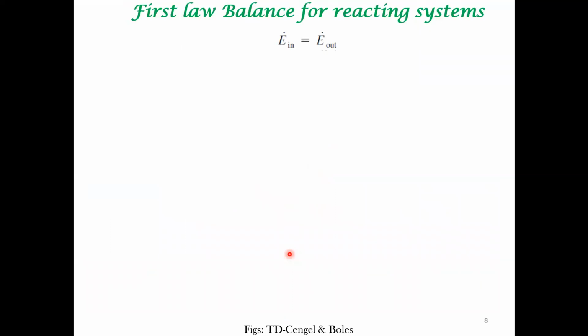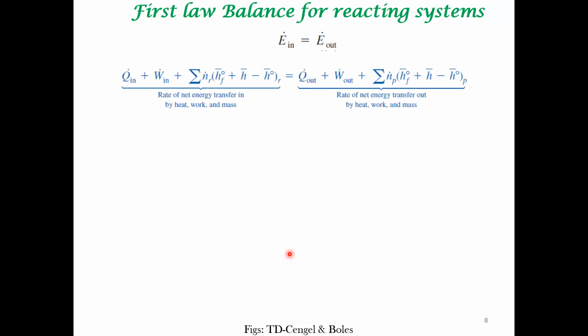The rest of the balances are fairly simple. If you're thinking about a flow process operating at steady state, you always just balance the energy, incoming energy and outgoing energy. This kind of balance we've done many, many times. There's nothing really novel here. Conceptually, it's not any more complex compared to all the balances which you've done in the past, except how do you think about enthalpy changes involved in